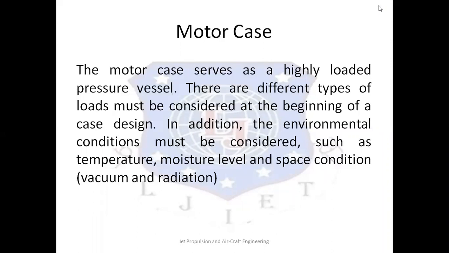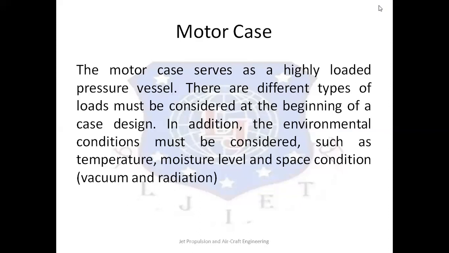The motor case is basically a highly loaded pressure vessel. Case design is usually governed by a combination of motor and vehicle requirements. The optimization of a motor case design frequently entails trade-offs between case design parameters and vehicle design parameters. Now there are different kinds of loads and stresses that need to be considered for the motor case design. In addition to the stresses acting on the motor case, we need to consider the environmental